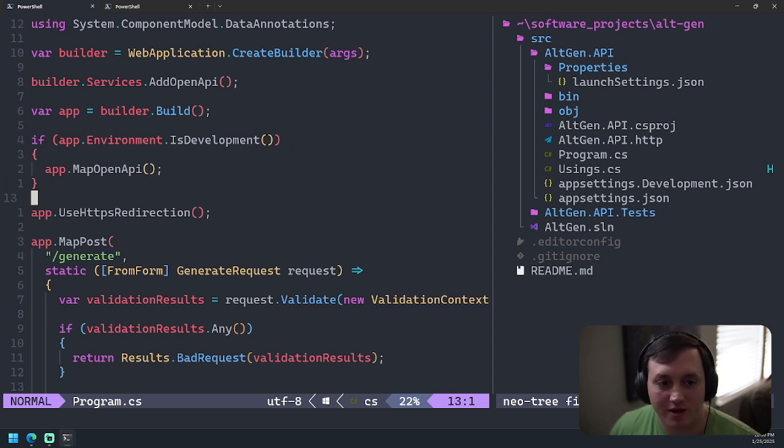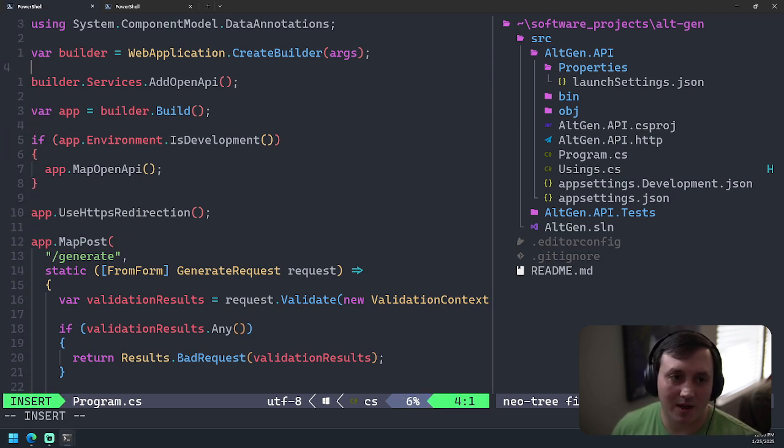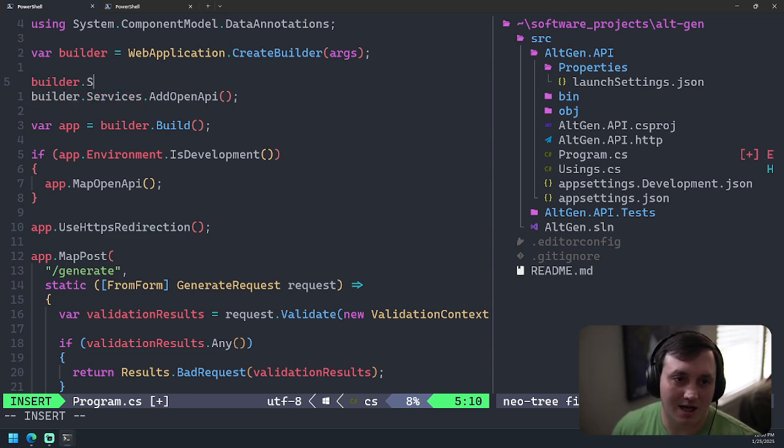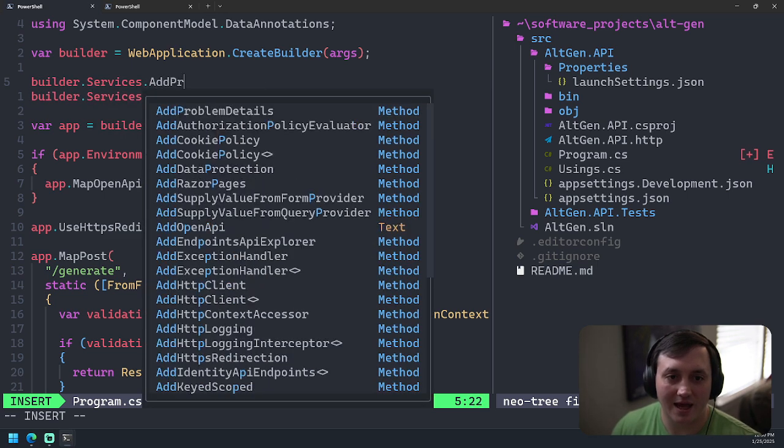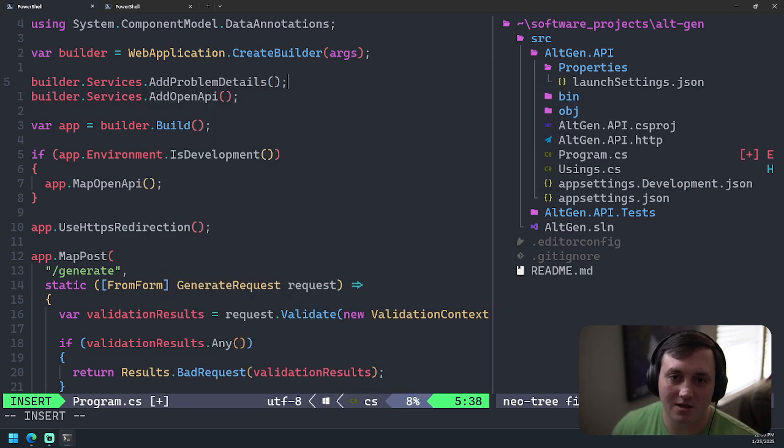If you've ever worked with APIs before, you know that returning a consistently shaped response, particularly a consistently shaped error response, is really nice. And .NET provides a really great way to do this. So what I can do is I can go up here to my builder and I can say builder.Services.AddProblemDetails.